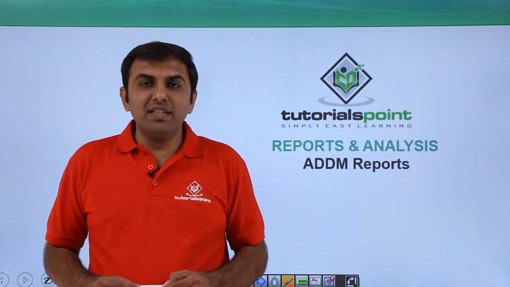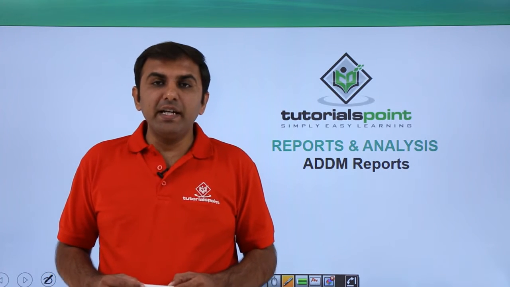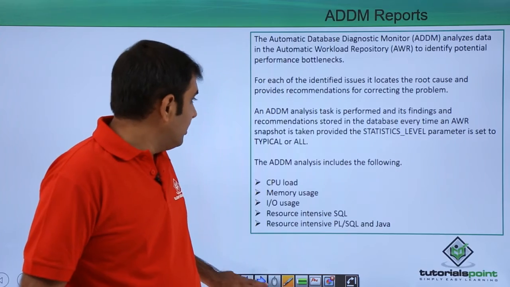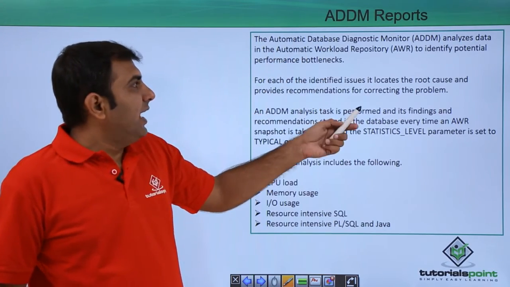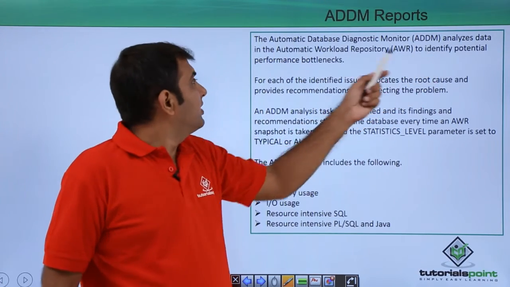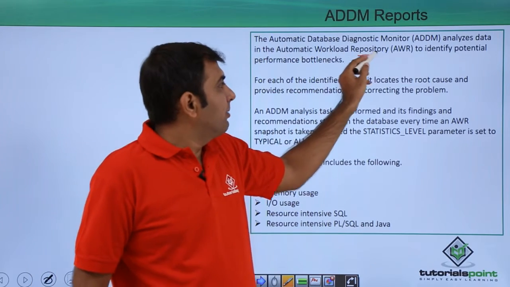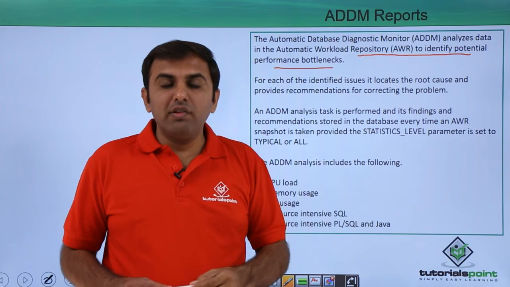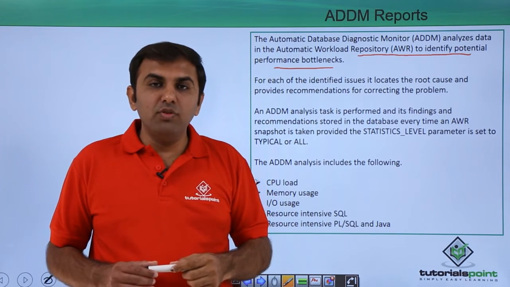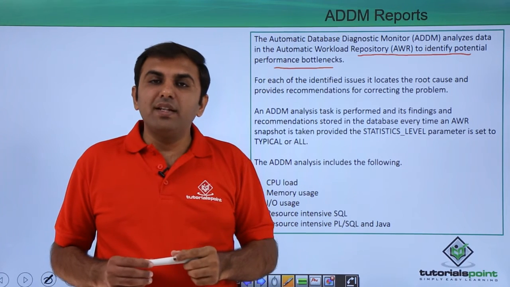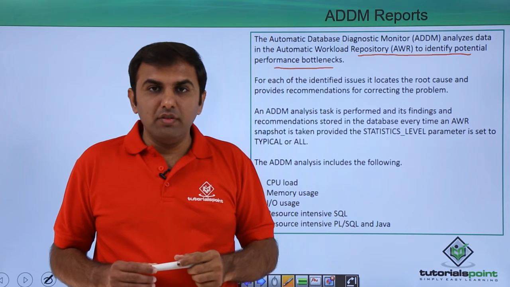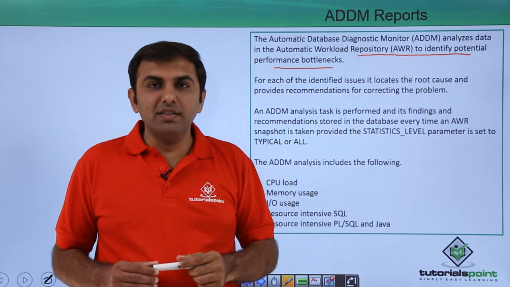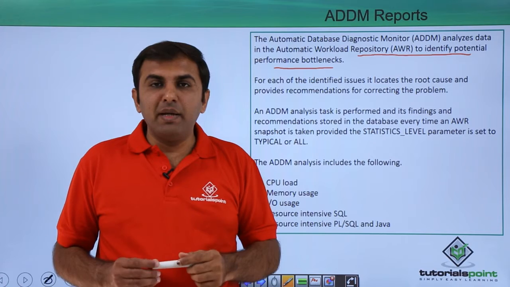Hello friends, in this session we are going to discuss ADDM reports. So here the Automatic Database Diagnostic Monitor (ADDM) analyzes the data in the Automatic Workload Repository to identify potential performance bottlenecks. Meaning whatever information is gathered by the AWR report is going to be analyzed by the ADDM reports. Fine, and it will give you the recommendation, like these are the changes required,